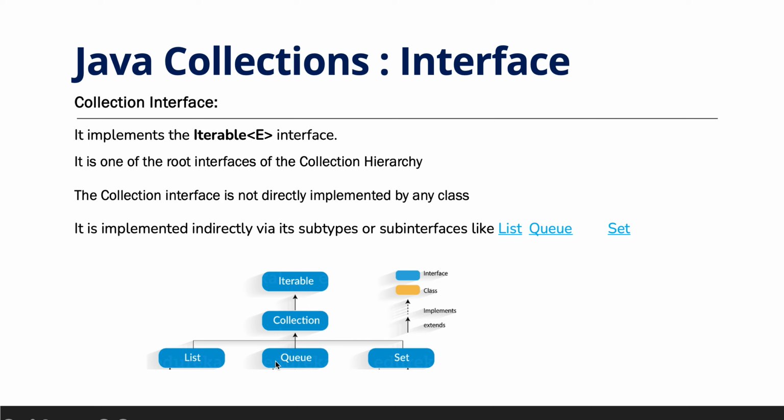So this is again going to be categorized into the three forms. And why is it going to be categorized? Because the same operation can be performed in all of these collections, but in some different way. We will see what the difference is between the list, set and queue in the upcoming video. Okay, so let's see what methods are available inside this collection interface.